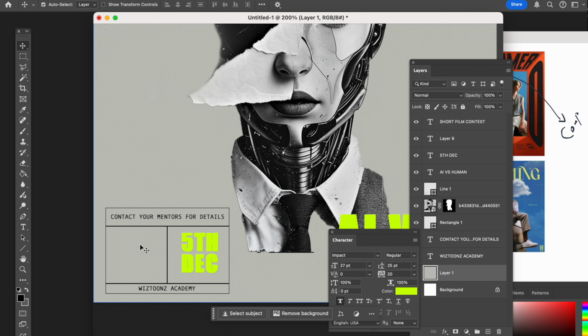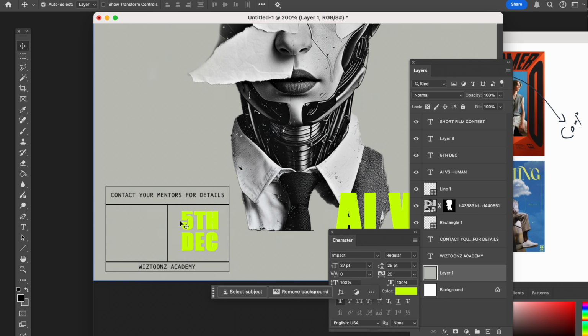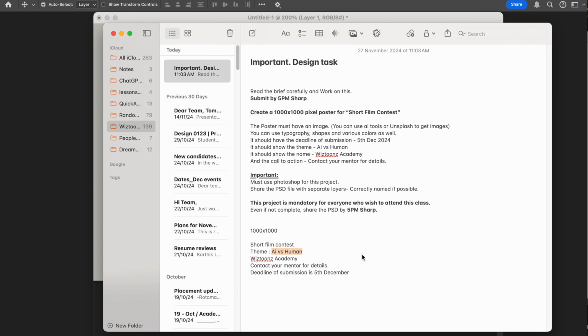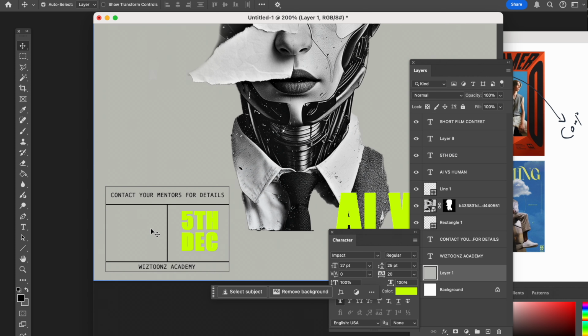Now there is a box which is empty right now. You can leave it empty, or you can actually add one more data into it, one more detail into it. So if in case where the content is actually not there, this is the right time where you could improvise and find something that will go into that, right? So we have basically put everything: short film contest, theme AI versus human, Students Academy, contact your mentors, deadline for submission, all of that is actually here, right? So you can improvise and put more content, maybe how to submit or something like that, right? Or